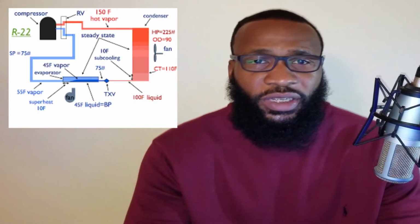Now, when you're dealing with a heat pump, instead of your condenser throwing out heat, it's gonna throw out cold. Your evaporator on the inside becomes your condenser, and the condenser outside becomes your evaporator. So the condenser outside is going to run at a lower temperature, and it's going to make the heat that is outside absorb into the refrigerant, and you blowing it back into the house. Now it does that by